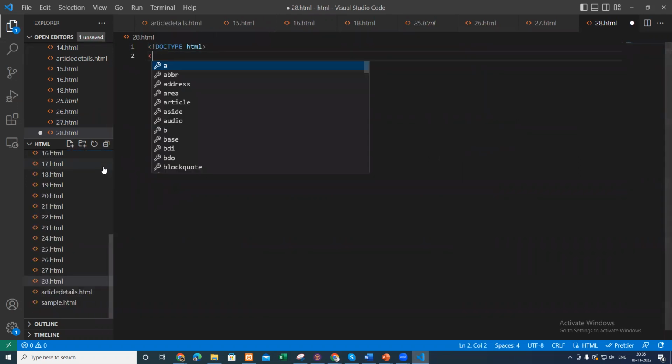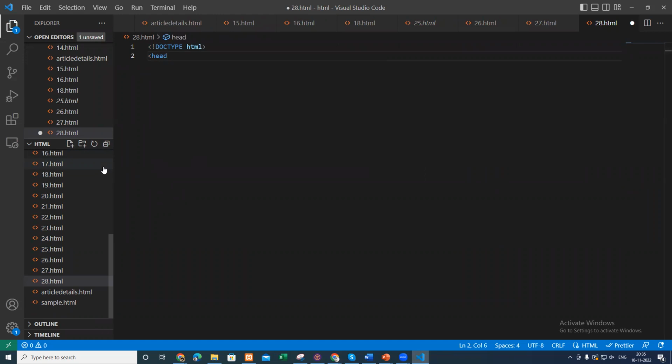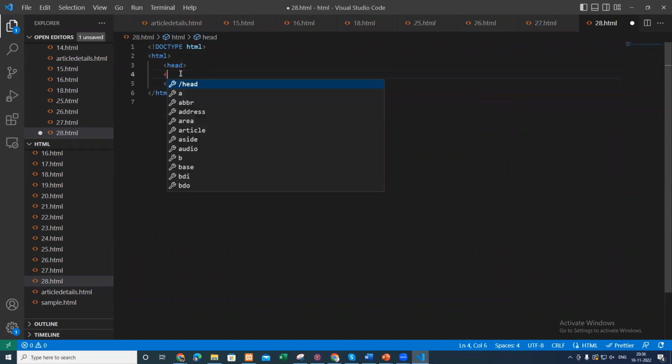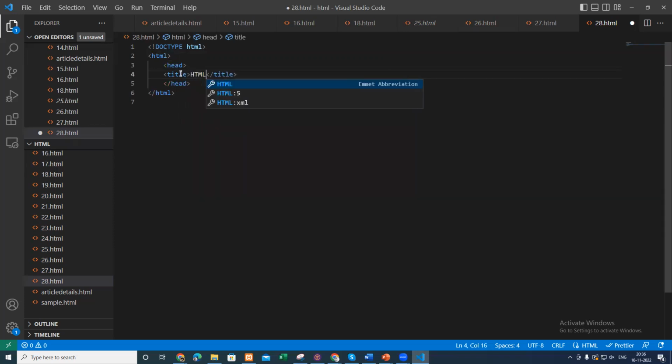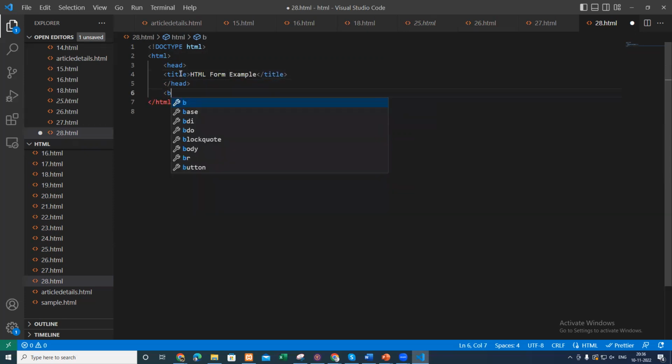After, then HTML, inside HTML I have to place head, then title, source title, HTML form example. Okay, so then body,